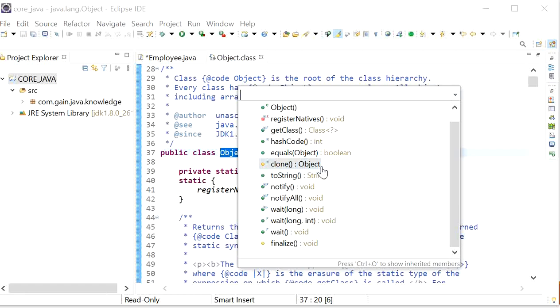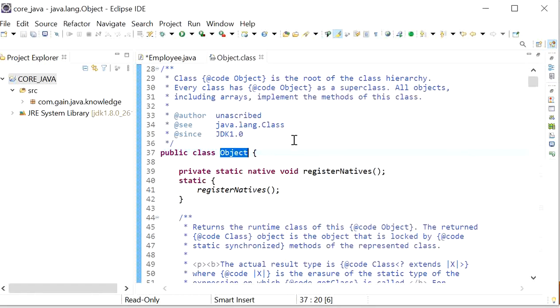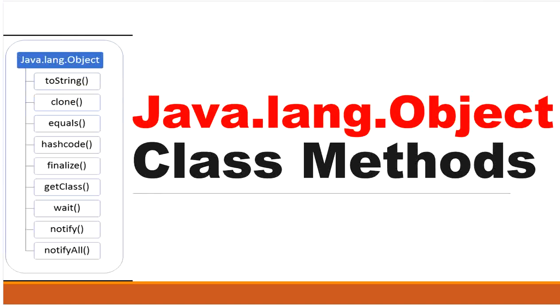These are the 11 methods provided by java.lang.Object class, and this one is the constructor provided by Object class, that is the zero-parameterized constructor. Object class defines the following 11 methods.